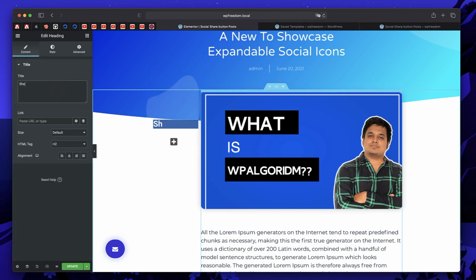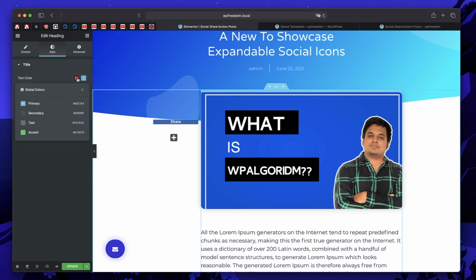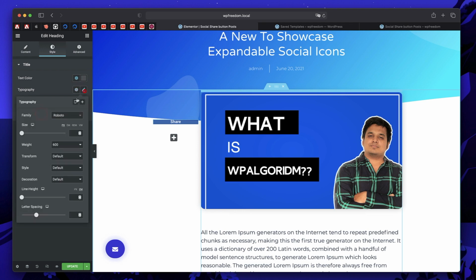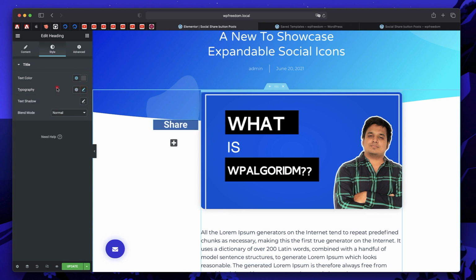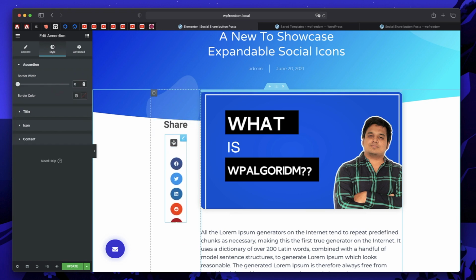So I'll say share, and it's maybe a div or something. Change the typography a bit. That way, you know that this plus actually stands for sharing with the social share button.